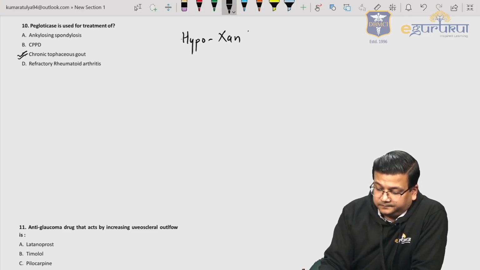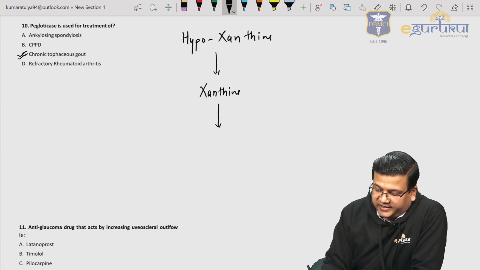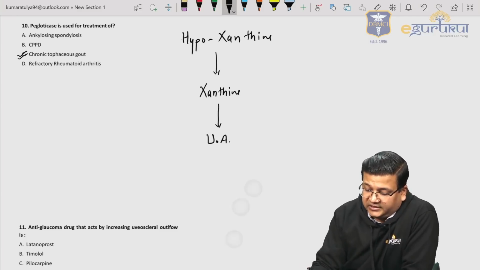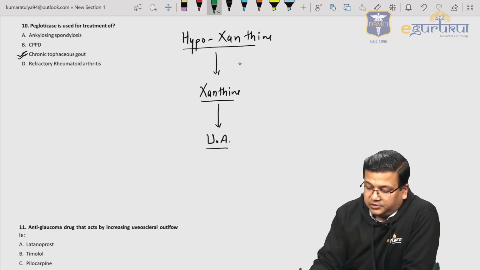Hypoxanthine can be oxidized to xanthine, and this can be oxidized to uric acid. So this is how uric acid is formed in our body. Hypoxanthine converted into xanthine and xanthine going into uric acid. The enzyme at both the places is the same,